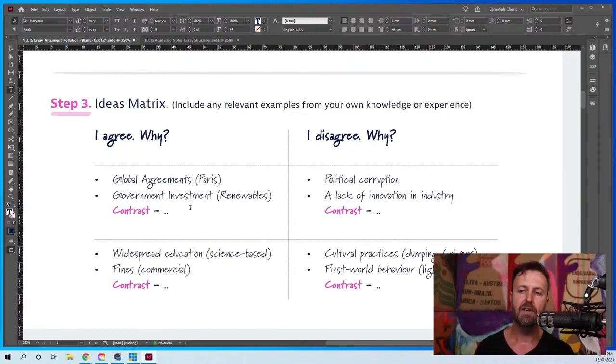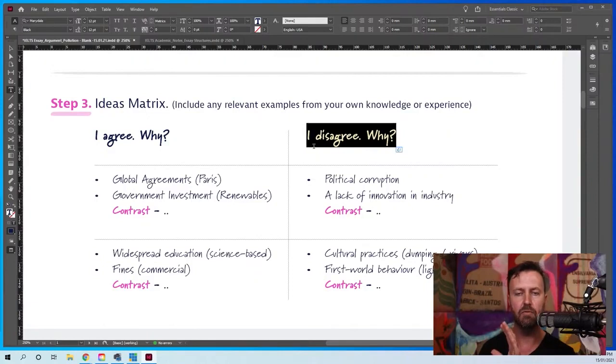Now, contrast arguments are interesting. So what they mean is, for example, if I decided to write the essay from this angle, I disagree with the fact that pollution will be solved by 2030, and these are my arguments. What we want to do is make sure that there are some sort of contrast arguments in there. And what that means is, the way I describe it when I'm teaching normally is, imagine